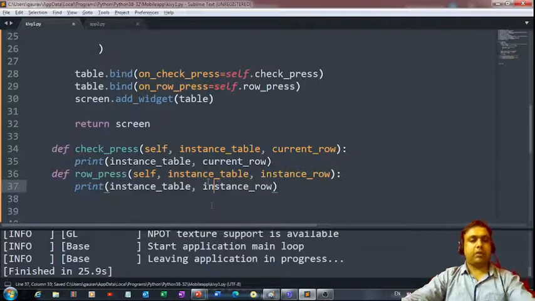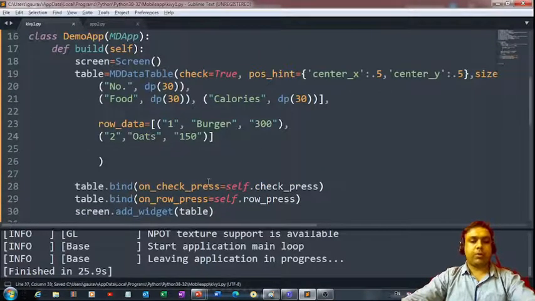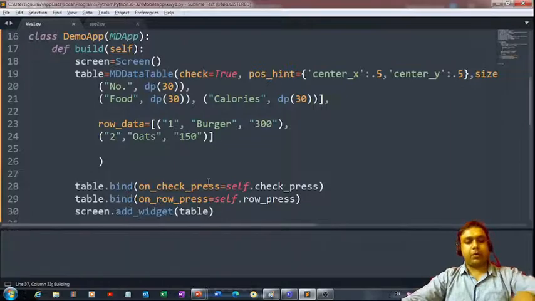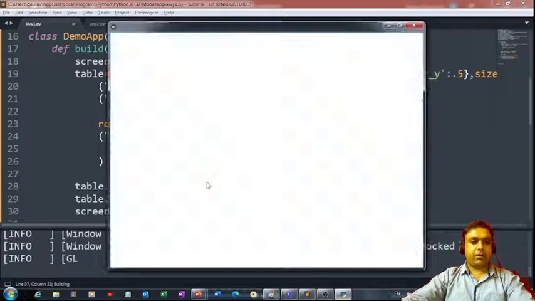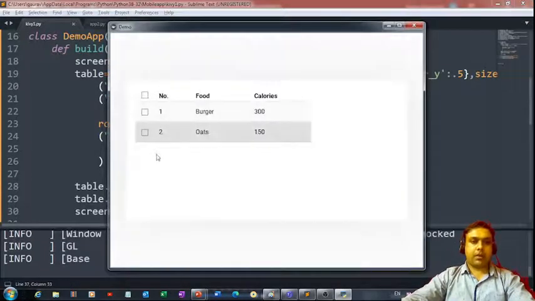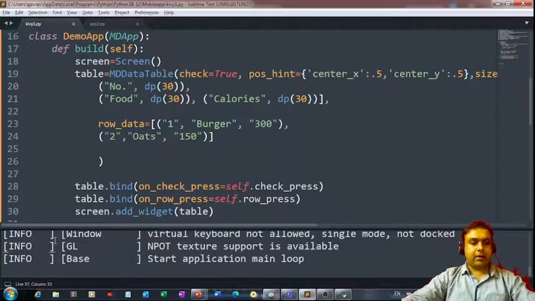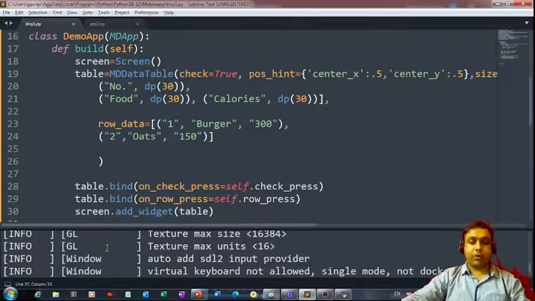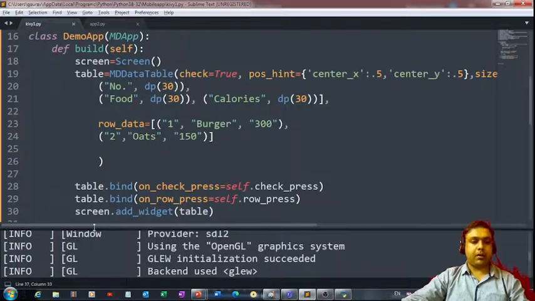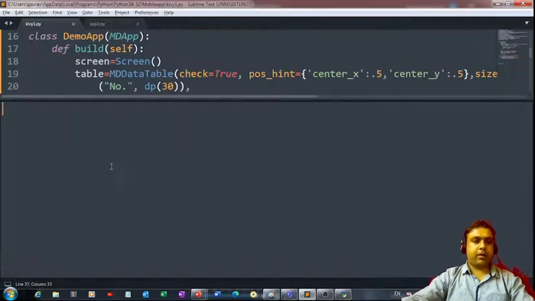Right, saving the changes, and now let me just check whether I will get the required output or not. So if I run the code, this is what I am getting, and right now that's the whole thing which is visible to us in the console panel. Let me remove everything from here.